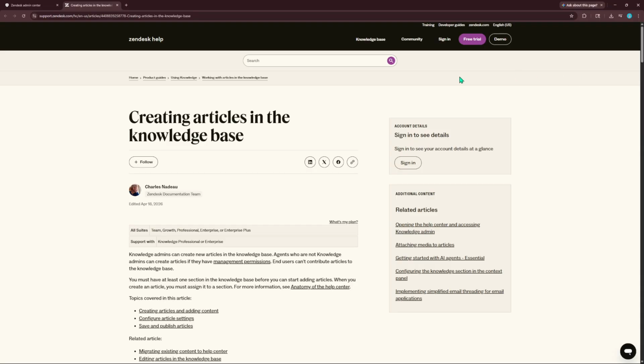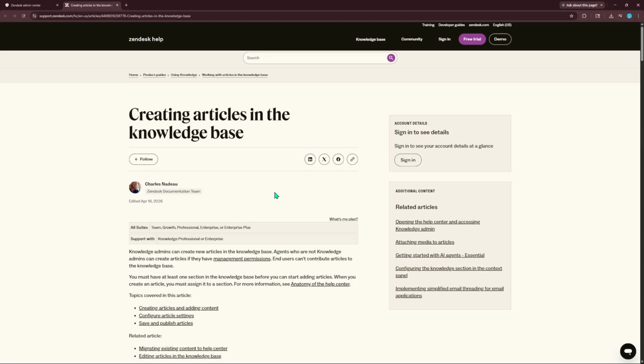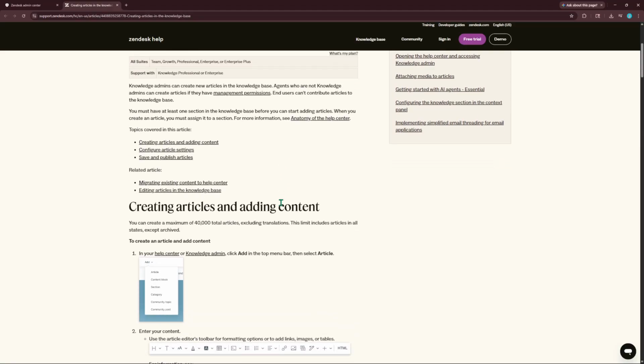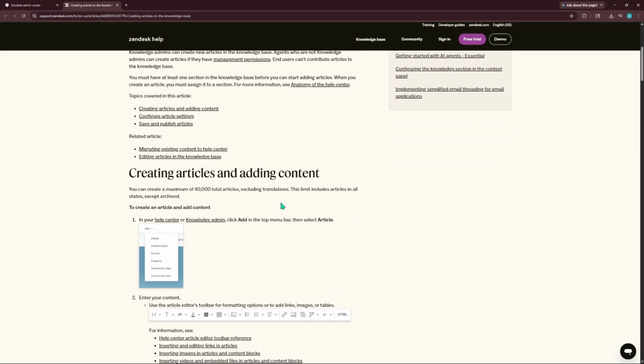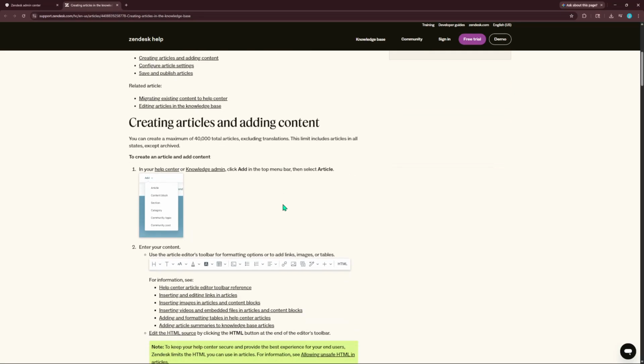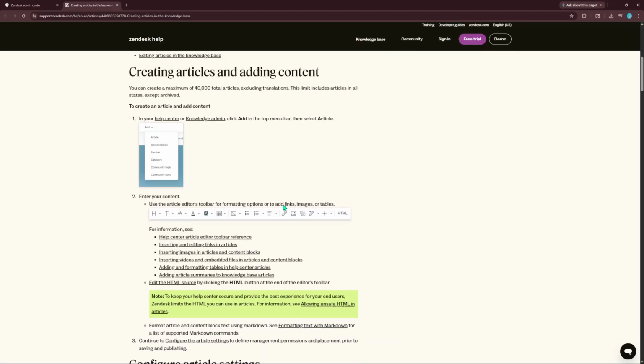After clicking on Creating Articles in the Knowledge Base, you'll find yourself in the section where you can access articles. Here, Zendesk provides comprehensive resources that can help you create, manage, and optimize articles effectively. This is where you can really explore the vast array of articles available on Zendesk. From here, you can select the articles you need, or even get started on creating your own, should you choose